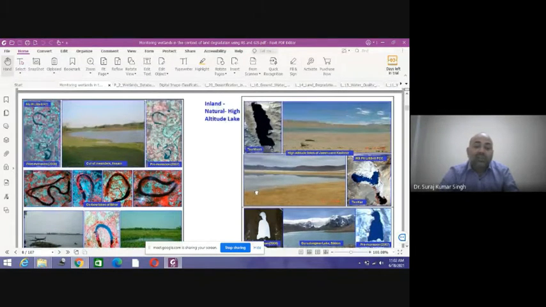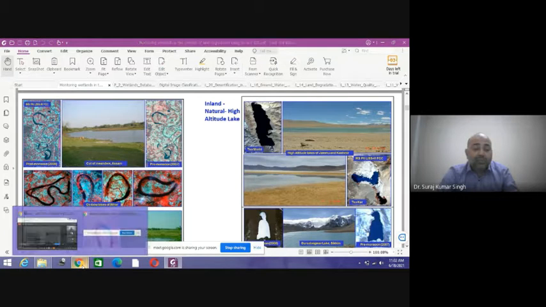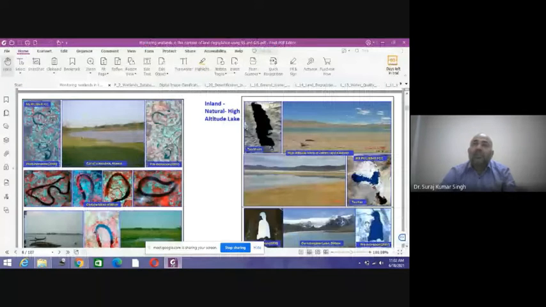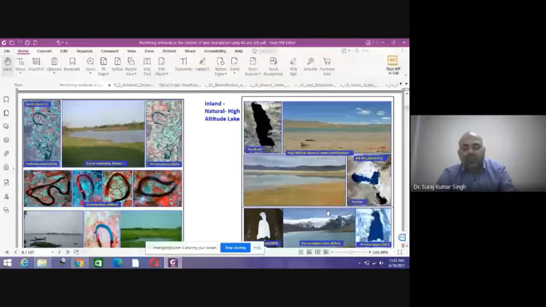And these waters are not only available in low lying areas; generally such kinds of features are most prominent in plain land areas. But these lakes are not only found in plain areas like UP, Bihar, Jharkhand, West Bengal, but also in highland areas.